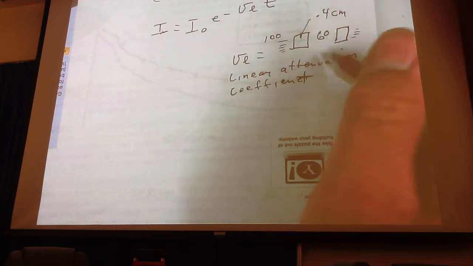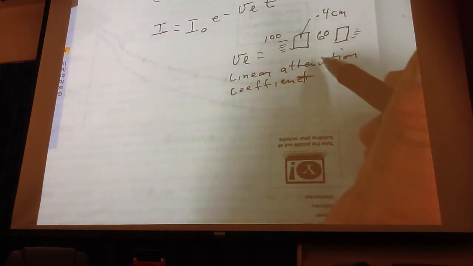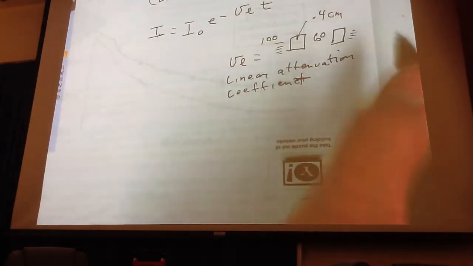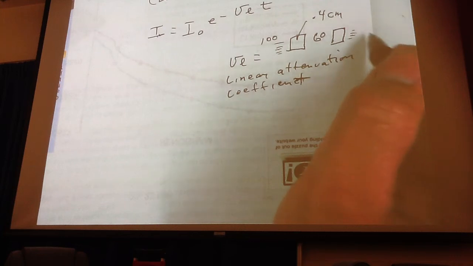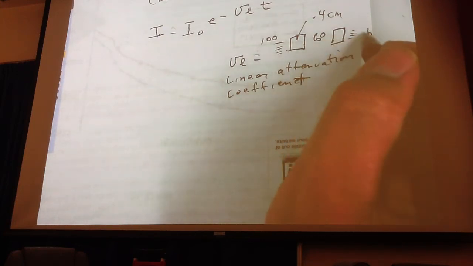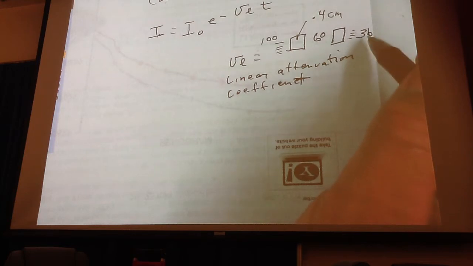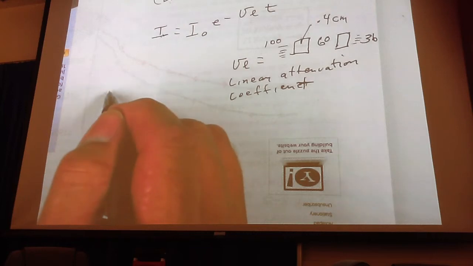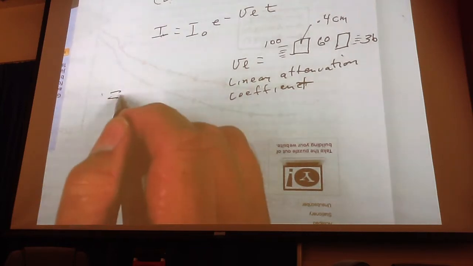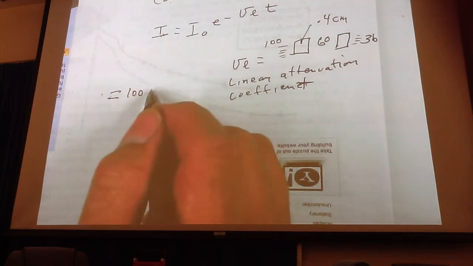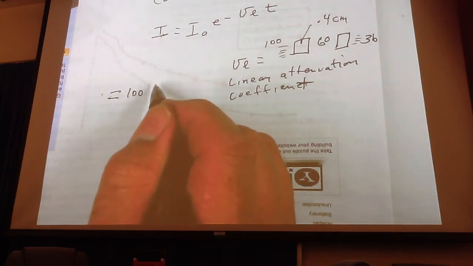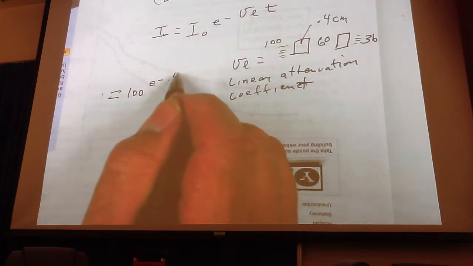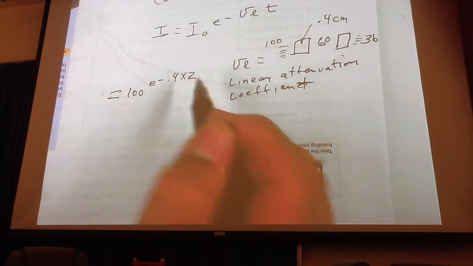That would be a good estimate of what it is, but that isn't what the actual value would be. Because if I subtract 24 from that, it's going to be 36, so you'd have approximately 36 there. If we actually did a calculation using the formula, if I have 100 here, that's my original intensity, and then e to the minus 0.4 times 2,